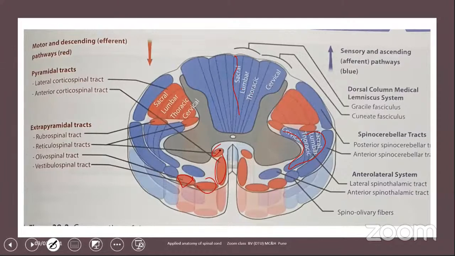And you can see the spino-olivary fibers, the anterior spinothalamic tract, and spinocerebellar tracts, which are mediating the muscle tone through Clarke's nucleus, and the spinocerebellar tracts enter the cerebellum, and from there the dentatorubrothalamocortical tract takes it to the